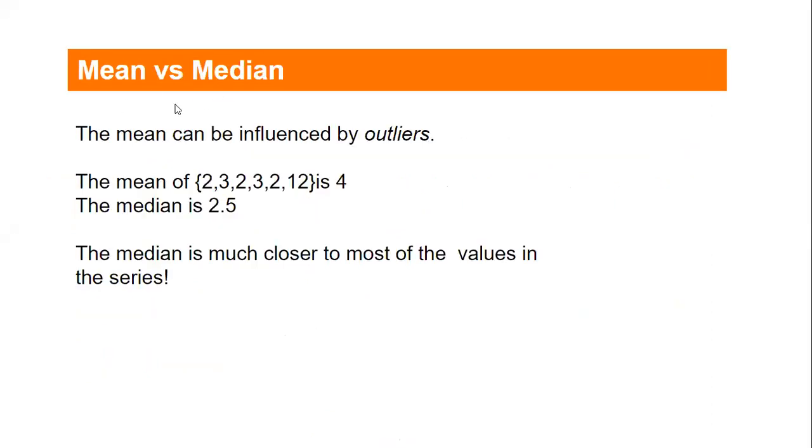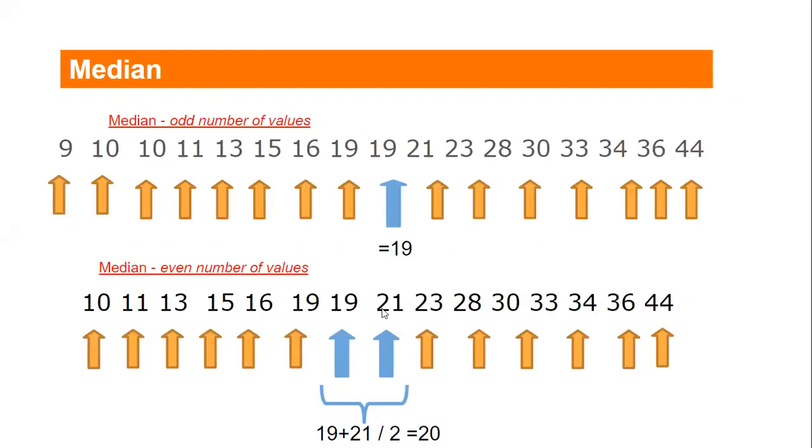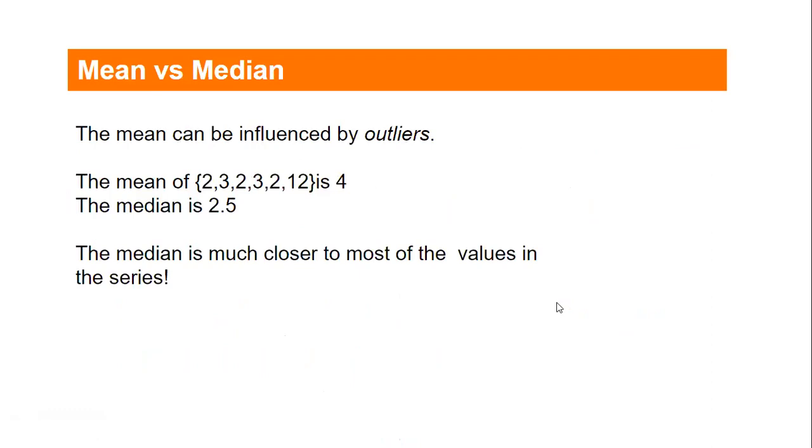Now, mean versus median. As I told you, the mean takes all the observations of the data, but the median does not. Is the median including all the observations? No, it is just focusing on whether the count is odd or even and then taking out the middle number only. It is not considering what kind of observations we have on the left or right. But the mean includes all the observations, so definitely it is affected by outliers. Here you can see the mean is being affected by the outliers.